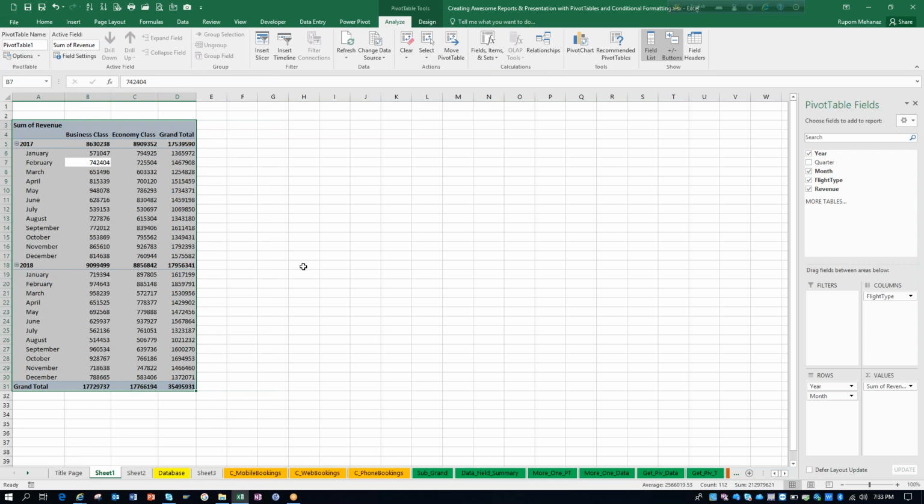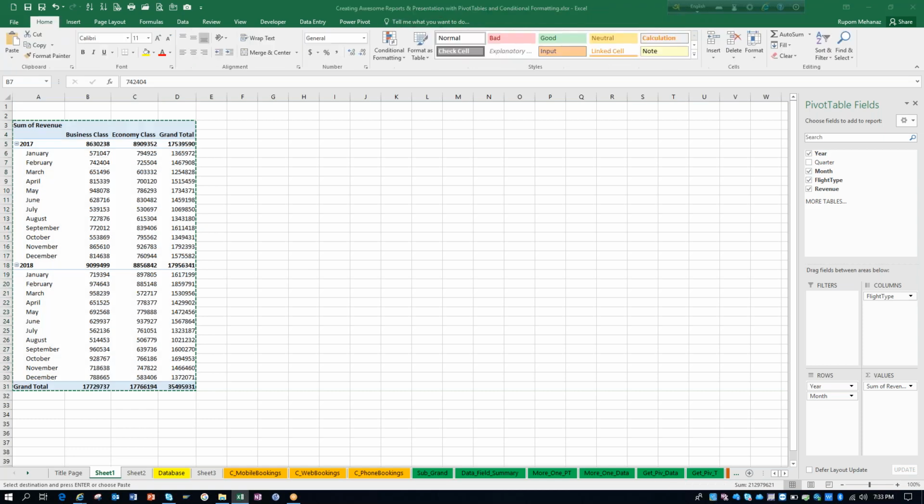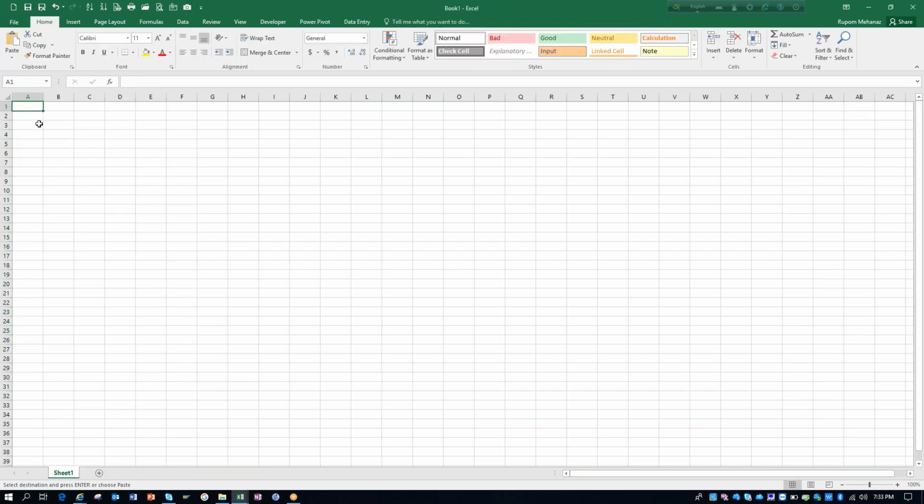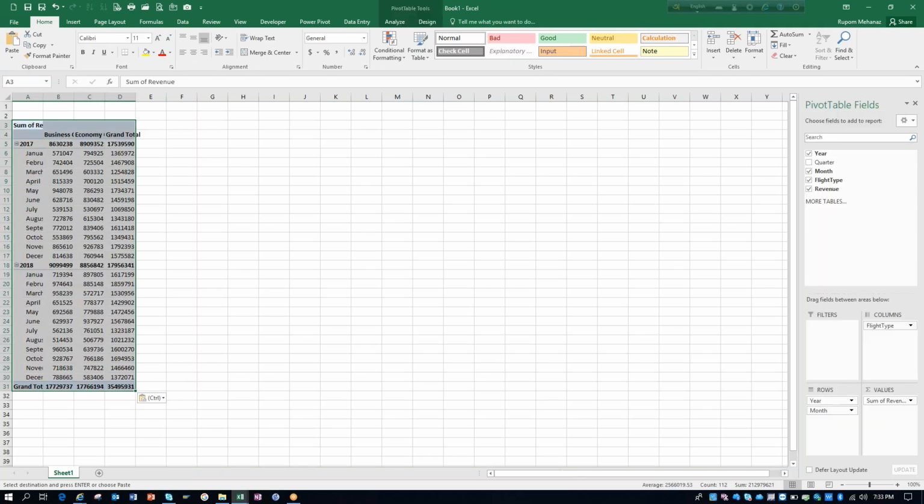You just need to press Control C to copy it, and I now want to paste it in a new worksheet. I will create a new worksheet by pressing Control plus N, and I will paste it by pressing Control plus V, and you see your pivot table is moved